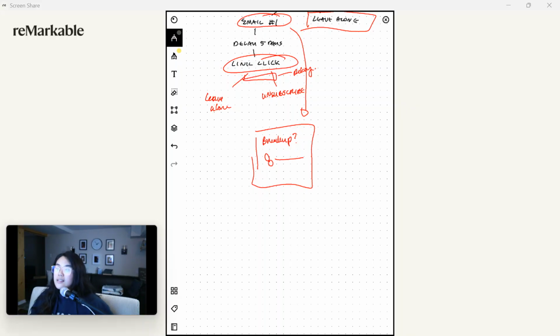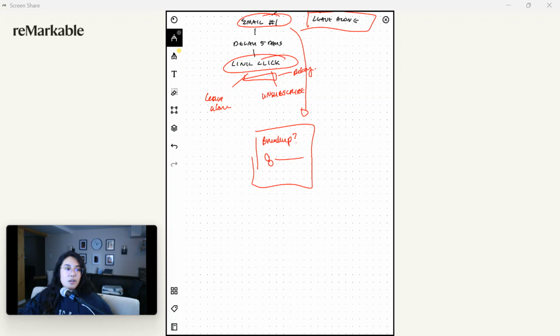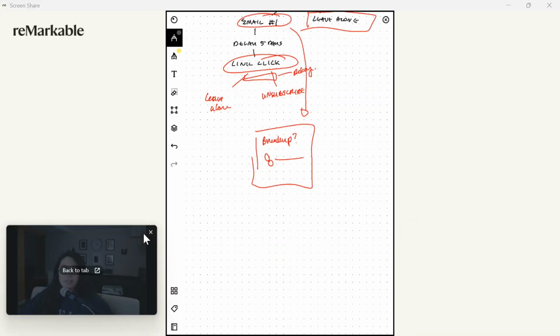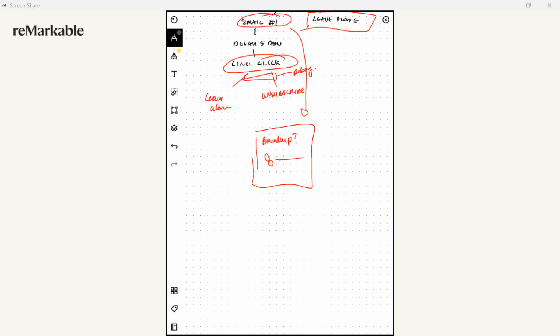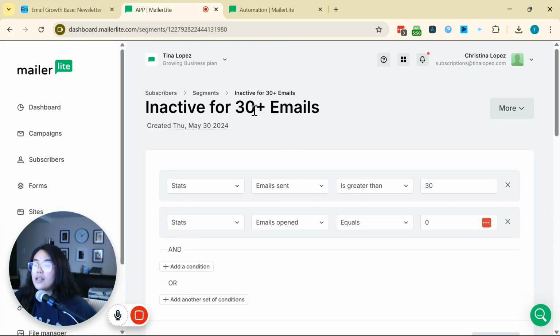And at the end of the day, unfortunately, because it's not a high priority thing, you still end up paying for things, even though they're not high priority. And so this is why we want to automate all those inactive subscribers. I'm going to walk you through an example of what that actually looks like. The first thing that I want you to know is that it's important to do this in a way where